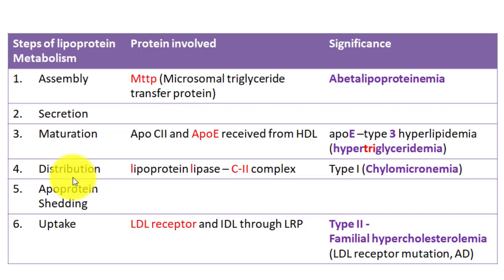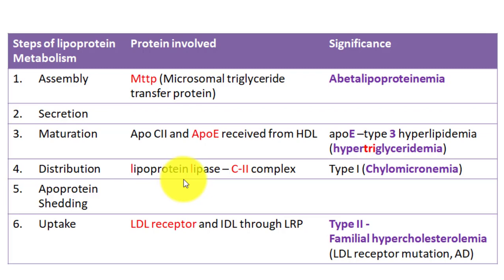So there will be rapid distribution of this triglyceride and other lipids around the tissues. And after distribution, this enzyme plays a very important role, a very important enzyme. The deficiency of this enzyme will result in type 1 chylomicronemia. So this is the very important enzyme, lipoprotein lipase, and this lipoprotein lipase enzyme will help in distribution of lipids